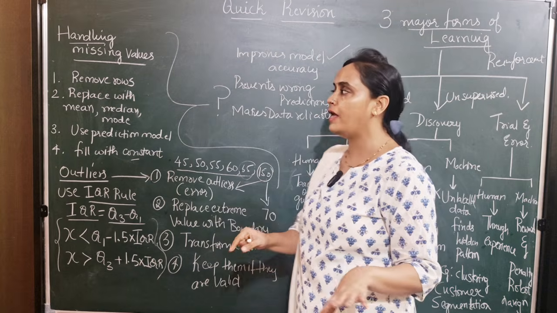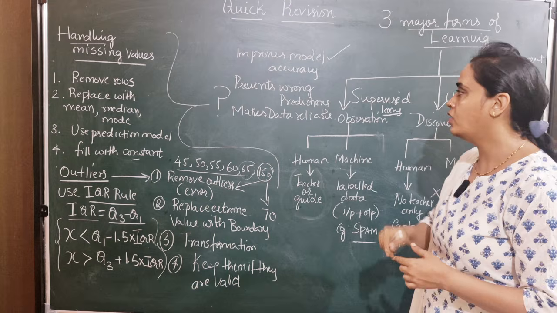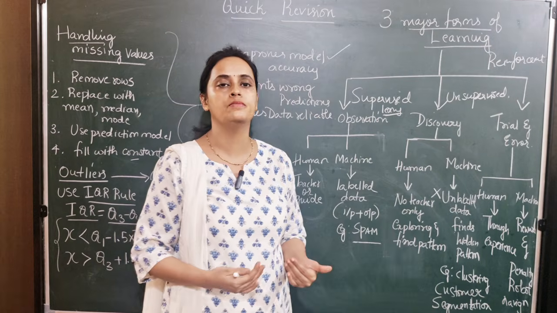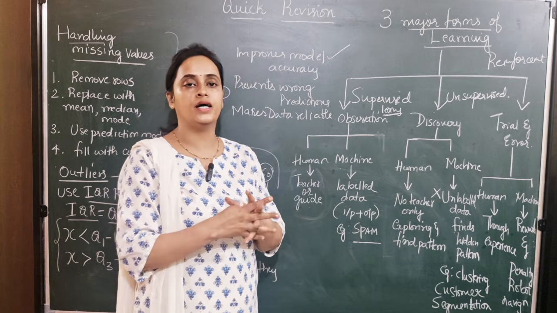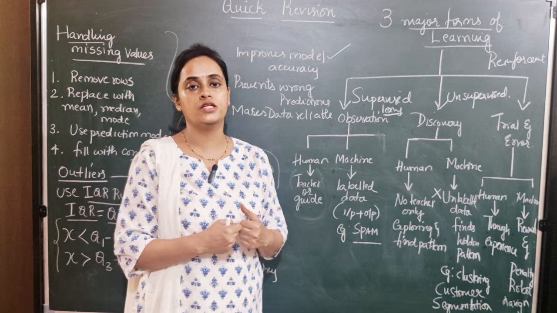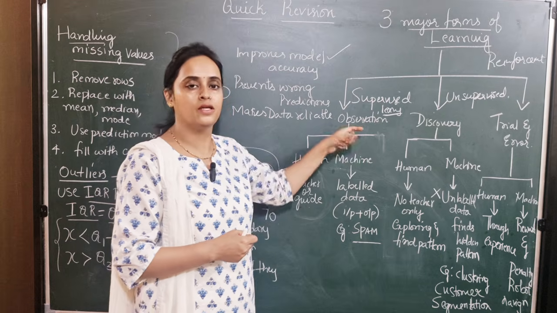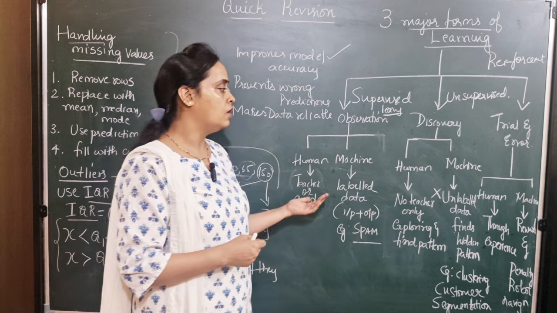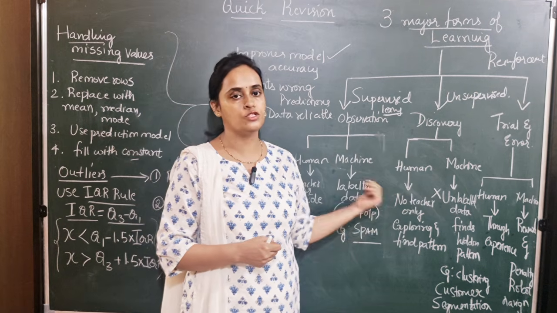Now you are well equipped in handling the data, handling the outliers, and you know why it is necessary to handle outliers and missing values. Before we proceed with how to handle the data or how to measure the variation in the data, it was very important to understand the three methods of learning. So in the next session, we will understand more about data. We will understand the data theoretically, then we will start with the problem.